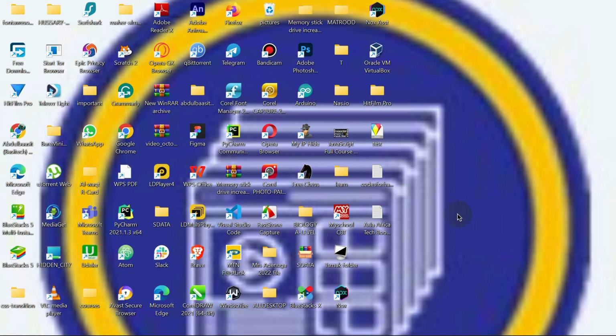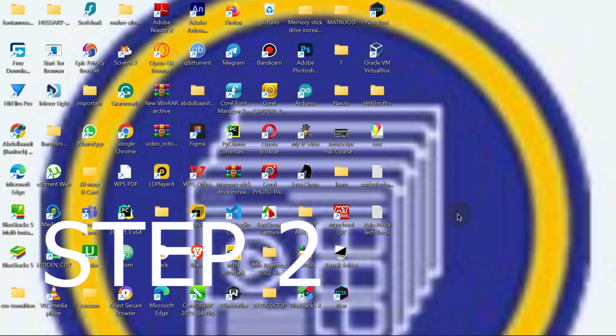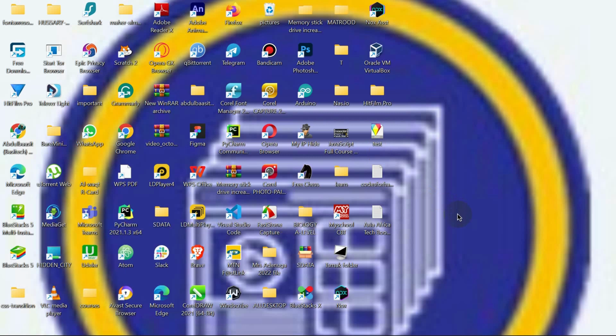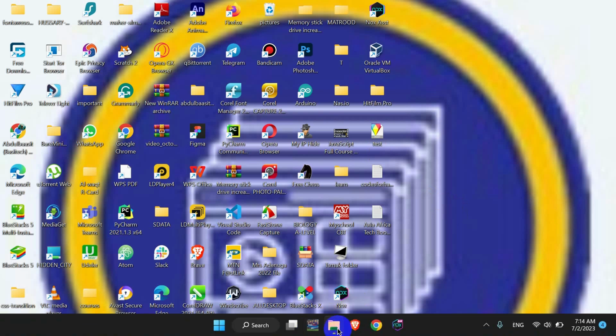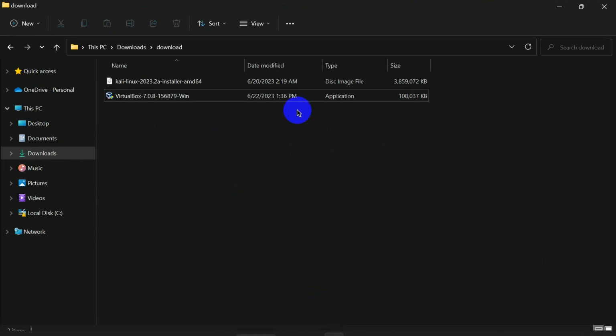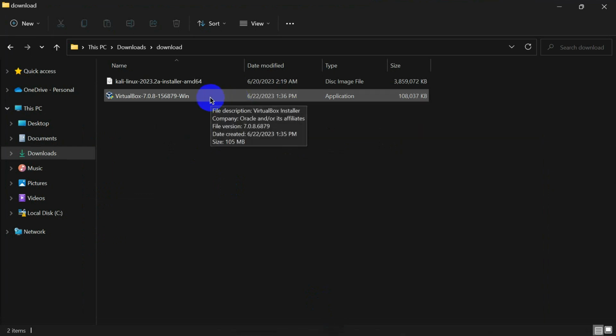So hello, this is the second step we're going to be talking about, and this is when you install the files you need. The files I've told you before, we need VirtualBox, and I downloaded it in the first step. So I'm going to install it. This is where the setups are on my system. So you click on this one for the VirtualBox.